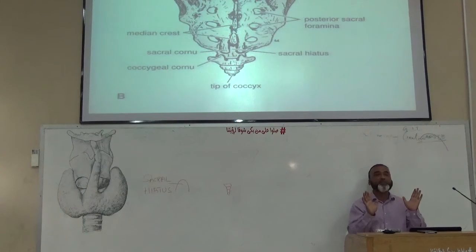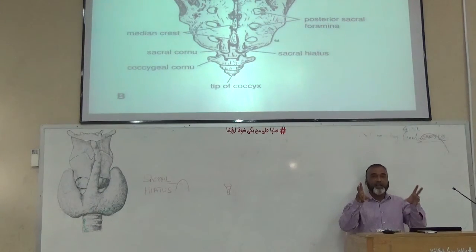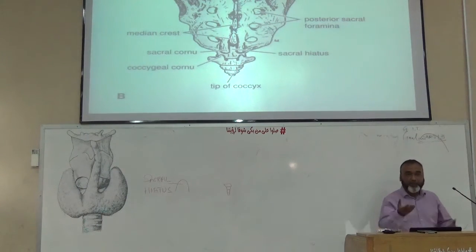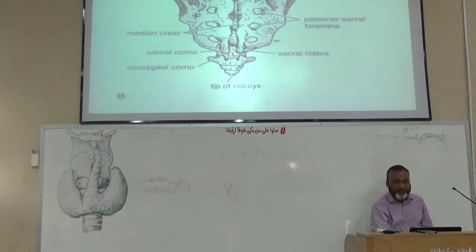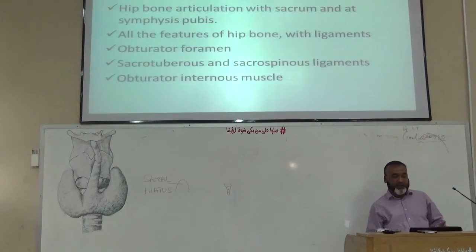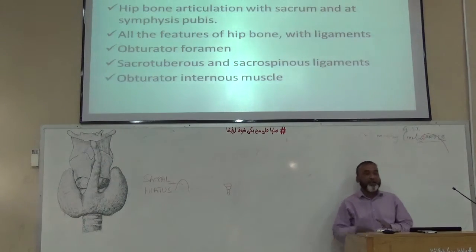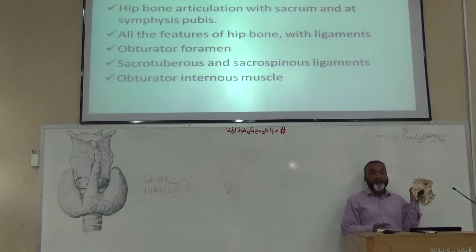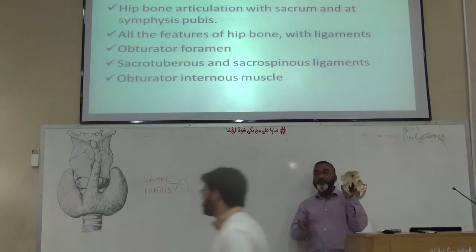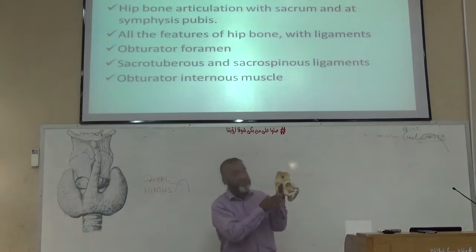This is the posterior aspect of the sacrum, which shows the spinous process, sacral hiatus, and the 4 posterior sacral foramina, and below we have the coccyx vertebrae, which are 4 in number. Now the lateral wall, as I have done that, we have the acetabulum from outside, but here we have the obturator foramen. And then we come to the ligaments, 2 important ligaments which are named as the sacrotuberous and sacrospinous ligament.